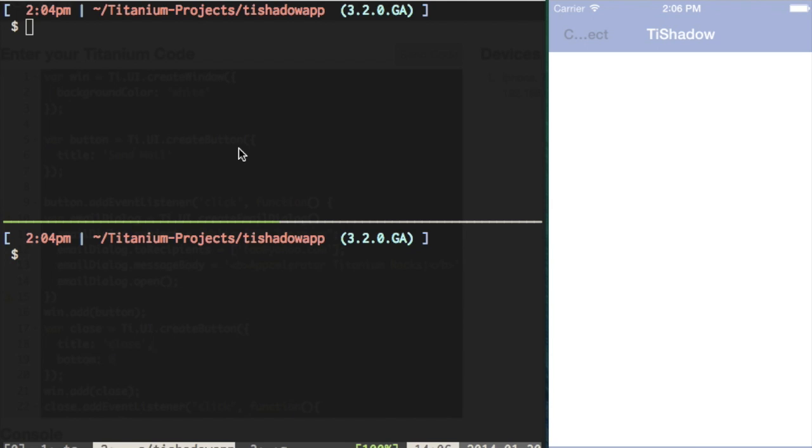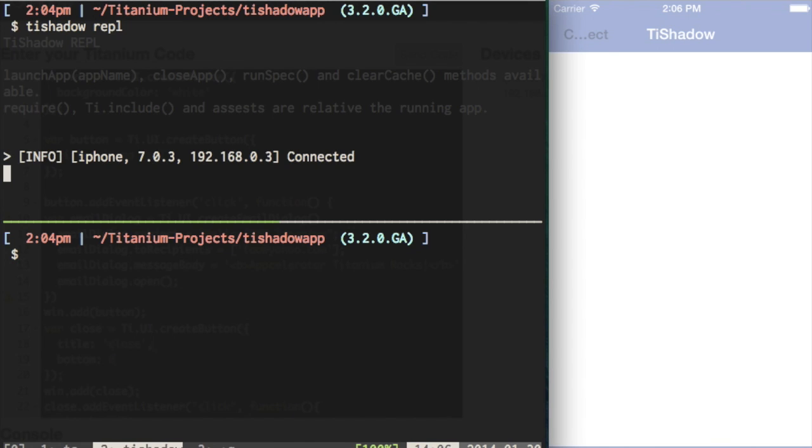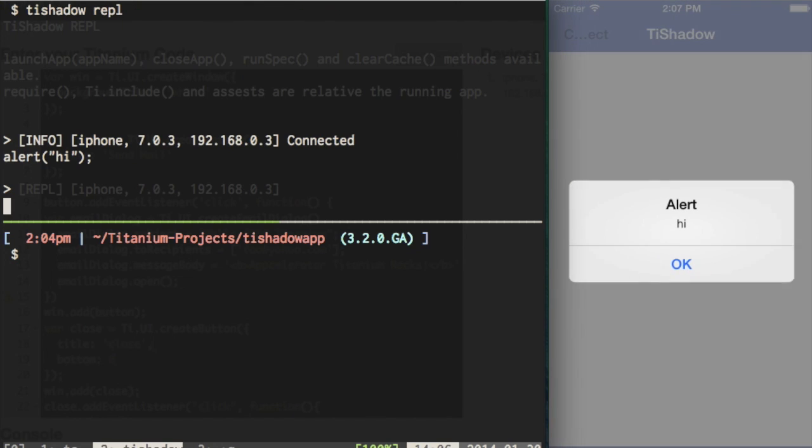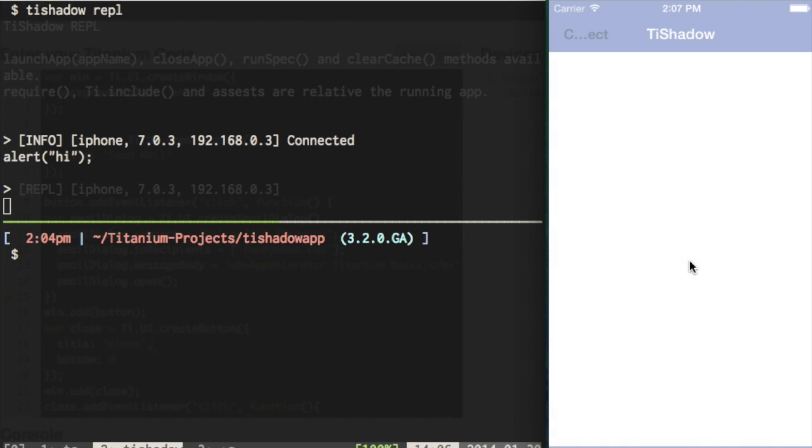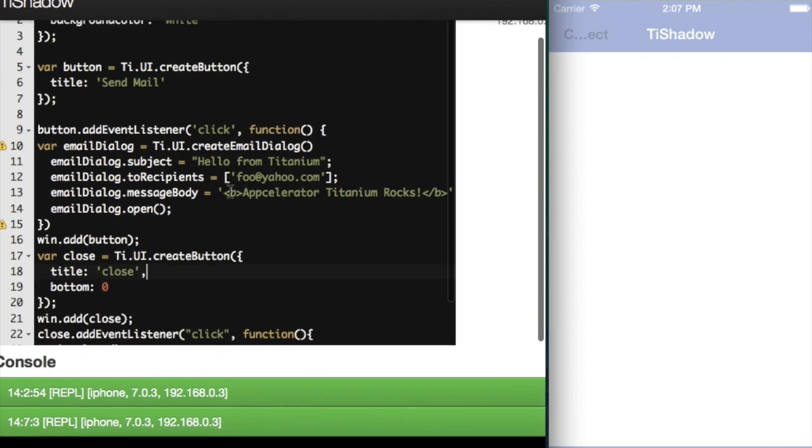As many people might be aware, TiShadow already has a REPL capability. So in here, if I just go TiShadow repl, I can type in JavaScript. It will be evaluated within your application. And for more detailed commands, you might want to use the web interface, where you can write a full block